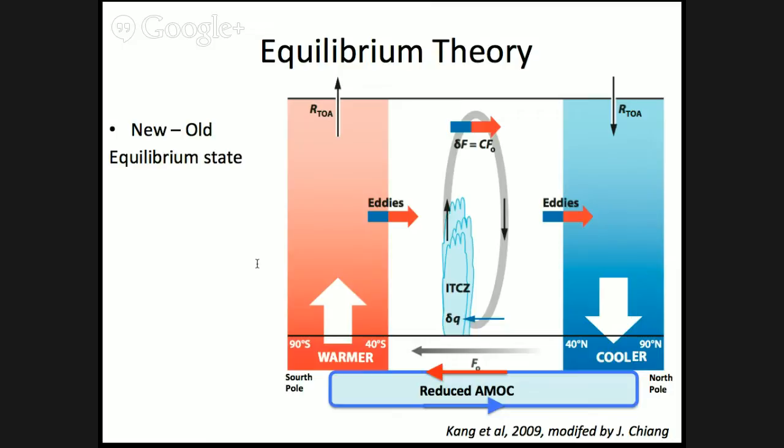But the cooling in the northern hemisphere increases the surface temperature gradient, and the increasing surface temperature gradient increases the atmospheric baroclinic instability, and this baroclinic instability leads to more eddy heat flux from the south to north, and this eddy heat flux cools the lower atmosphere, and